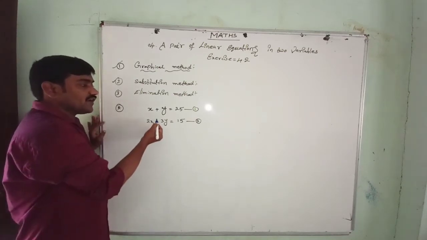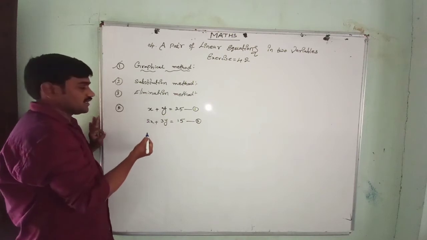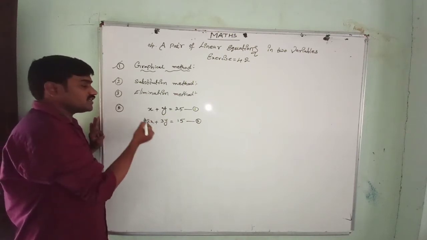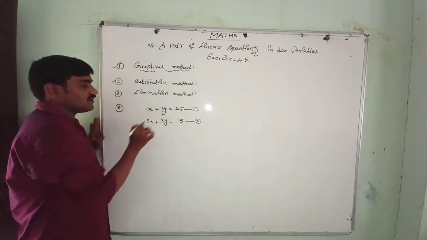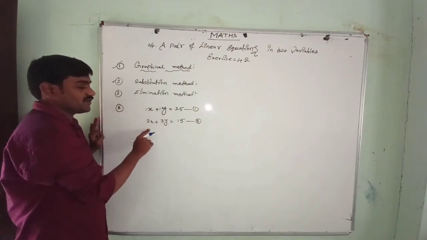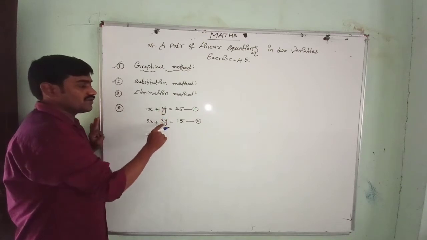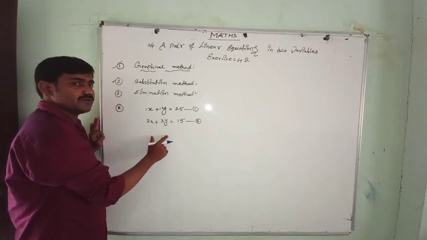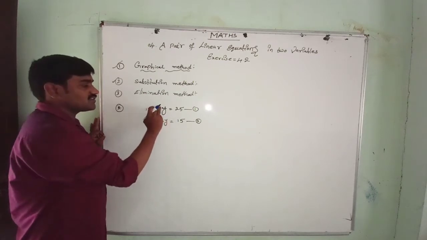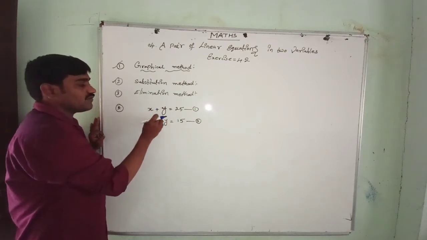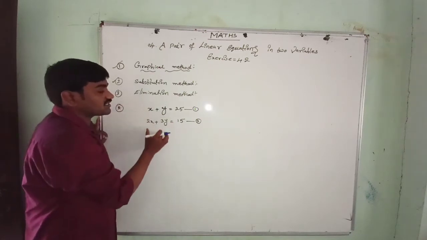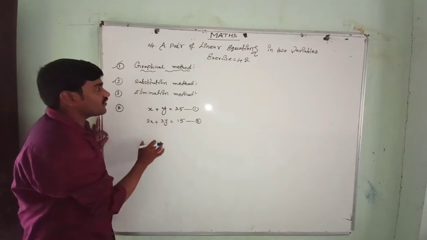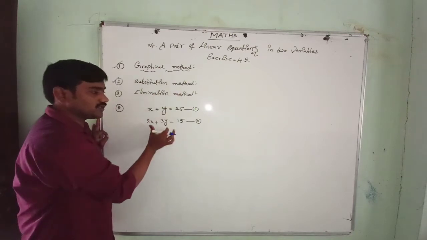This one you can also find out by the graphical representation method. So what kind of graphical representation will we get? See here, 1x and 1y, that means a1 by a2 equal to 1 by 2, b1 by b2 equal to 1 by 3. a1 by a2 is not equal to b1 by b2. So this pair of linear equations in two variables makes intersecting lines and we will get one solution. That solution we are going to find out by the substitution method here.